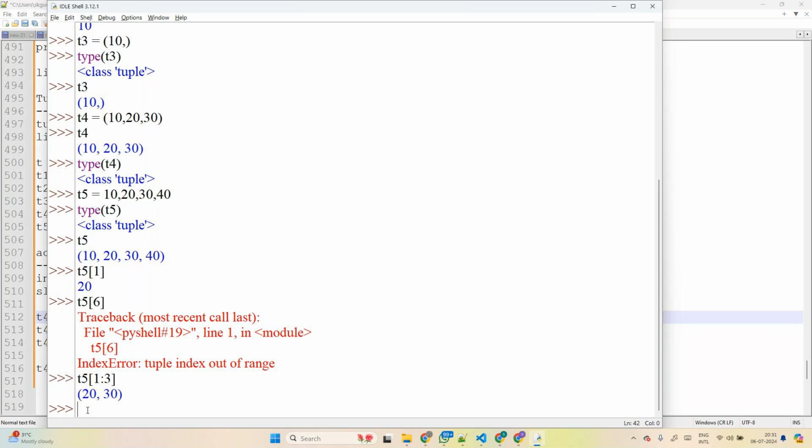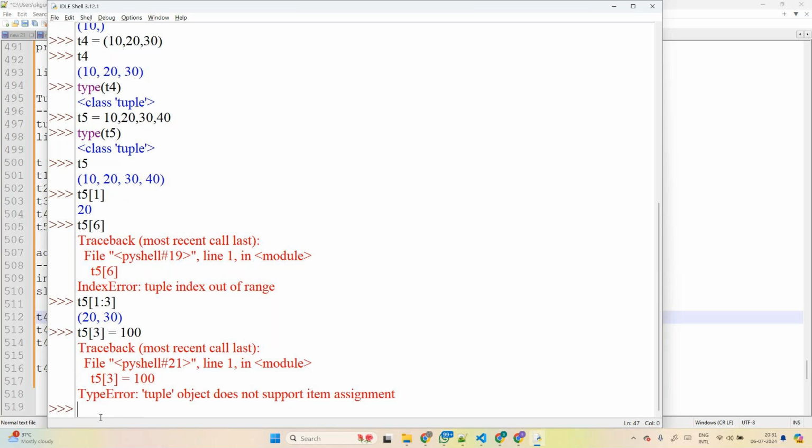understand, right? So I talked about immutability, right? If you want to assign on the third index some value, say 100, will it allow or not? It won't allow, it gives a type error: tuple object doesn't support item assignment, which means it is called immutable. So you cannot do item assignment, or remove an item from that tuple. Okay,